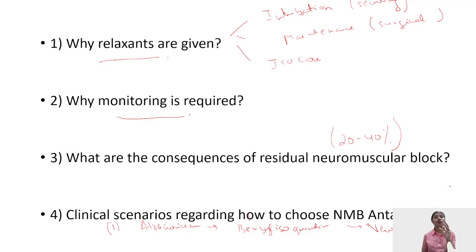So if the question says that the patient had chronic renal failure, or the patient is posted for renal transplant, or certain liver surgeries, or the patient is CLD, which antagonist or reversal agent is of choice? That is neostigmine, because in such patients, the skeletal muscle relaxant that is used is atracurium.